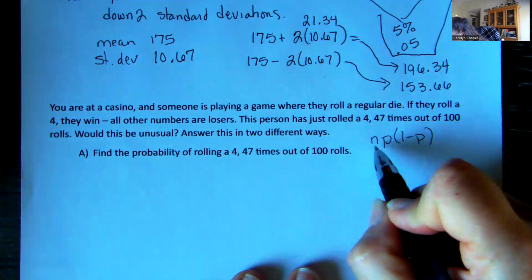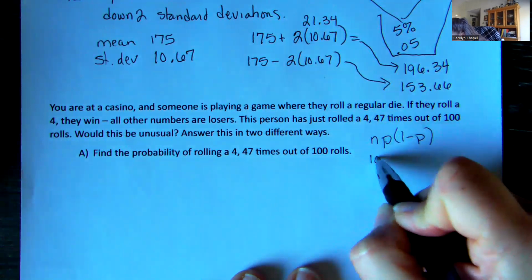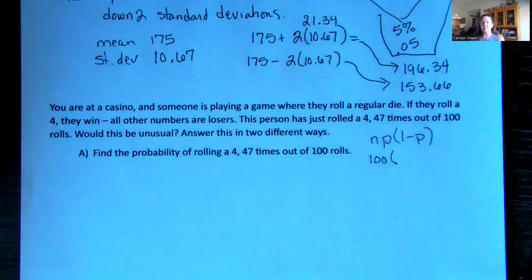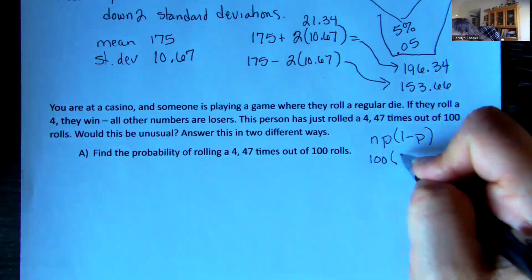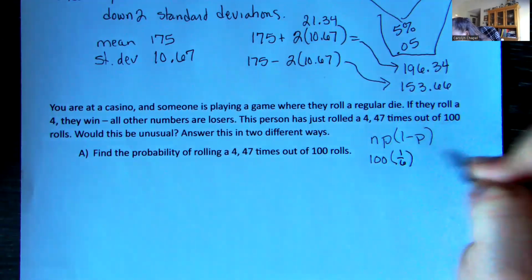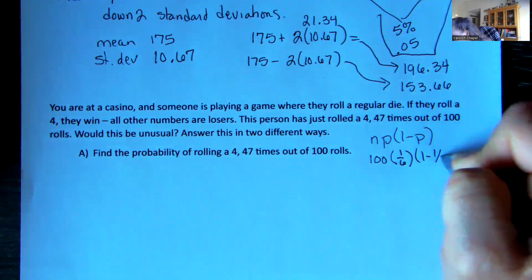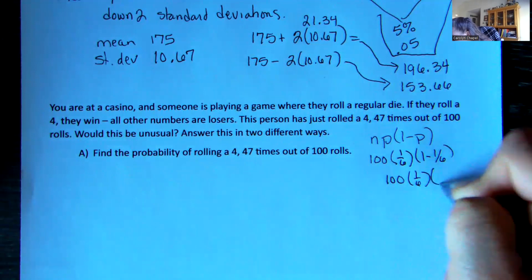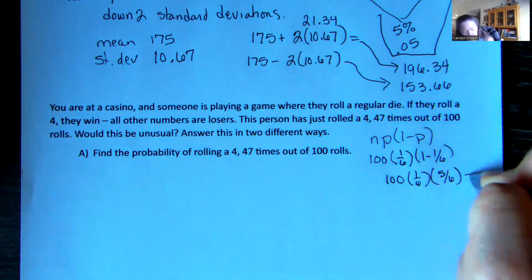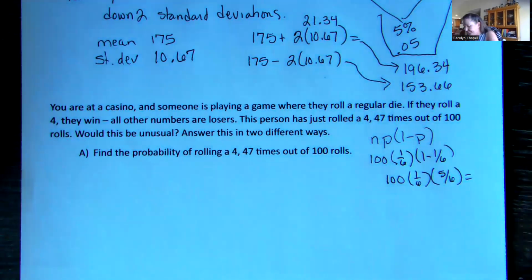Okay, my n is my 100 rolls. It is a binomial because it's a regular die. Each roll is separate. We're only rolling it 100 times. So that's my n. My p is 1/6, and 1 minus 1/6. So 100 times 1/6 times 5/6, which is